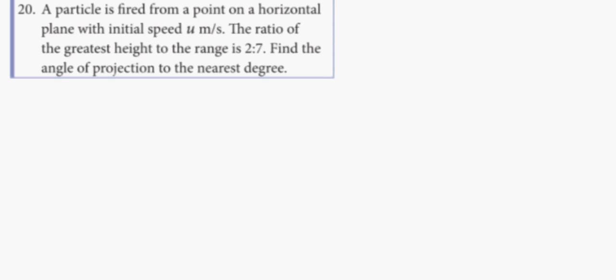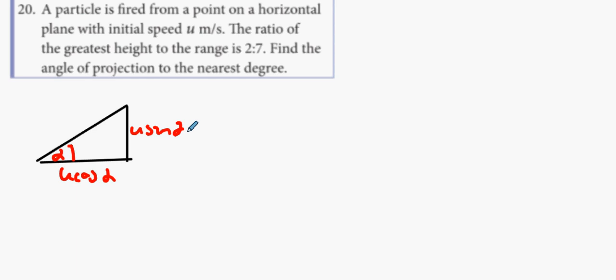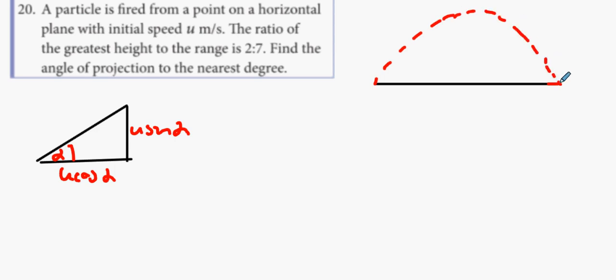I'm going to do what I always do, and what I always do is set it up in terms of u and angle alpha. So it's going to be u cos alpha, and that's going to be u sin alpha. And if I was to draw a diagram to picture this, I believe the height is, so greatest height to range. So if that's 1 to 2,